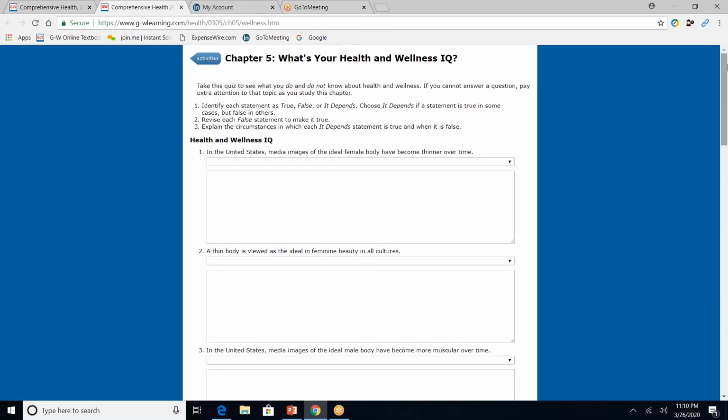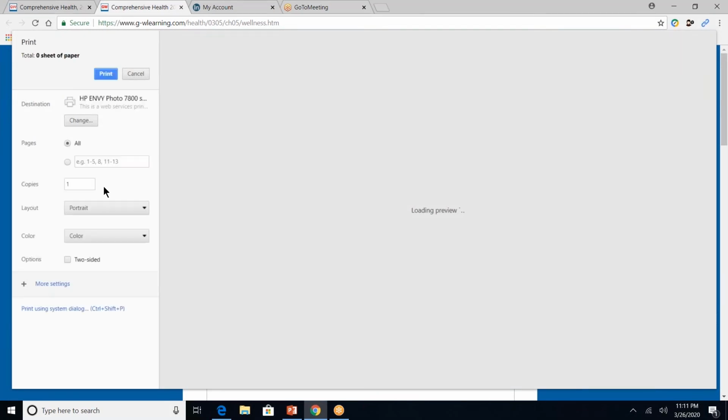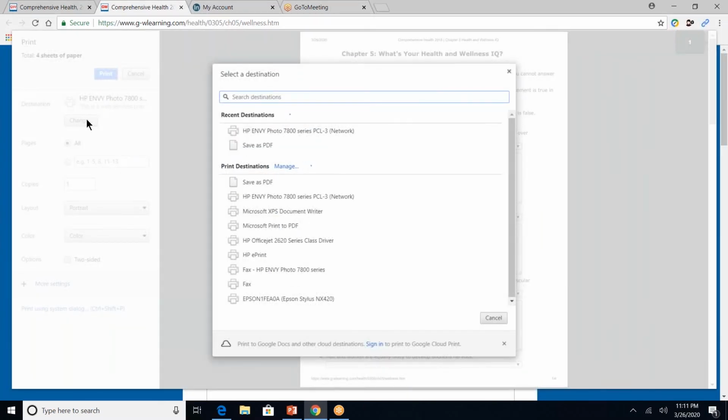However, I do want to point out that all of our assessments, including our workbook pages, can be saved in this way. If I want to right-click in the space off to the side, I do have the option. I can save it as a PDF. However, if I click the print option, I can either print it or I can change the destination away from the printer. And then from there, I do have the option to save as a PDF. If I am logged into my Google Drive, which I'm not, but if I was, it would pop up for me to save to Google Drive as well.